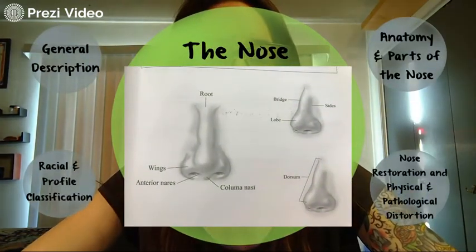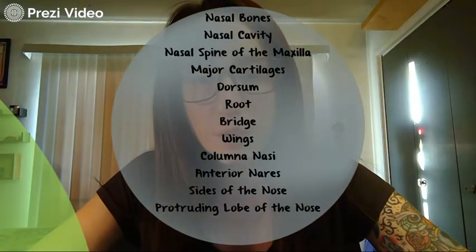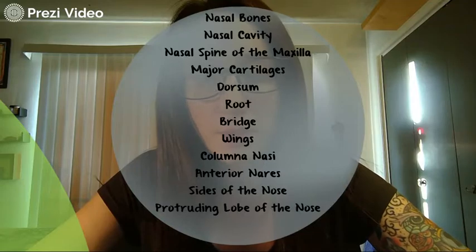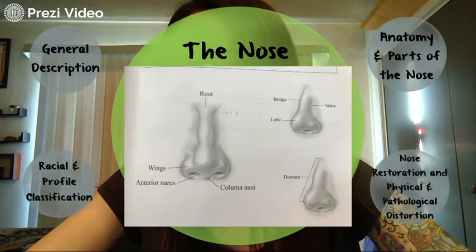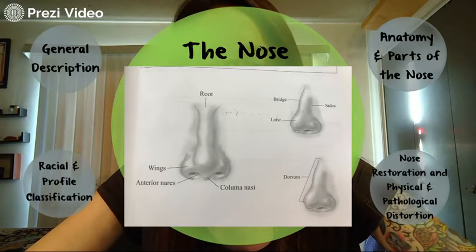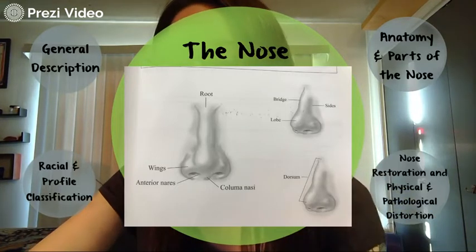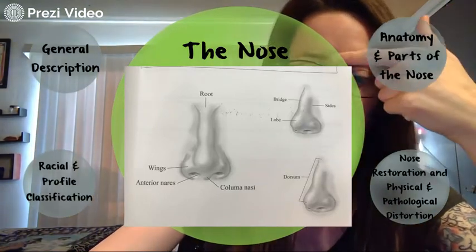All right, we're going to go over the anatomy and parts of the nose. These are all of the different names. I'd rather go over this with the photo of the nose in front of you so you have a little bit better idea of where these things are. The nasal bones are not viewable in this photo, but they are the paired nasal bones inferior to the glabella. We know the glabella as being right here,